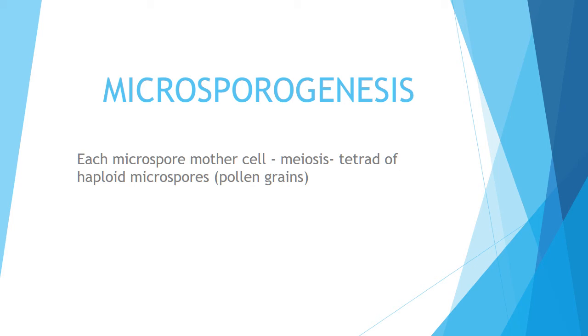Hi students, in the last lecture we have seen the structure of anther. When I was explaining the structure of anther, I told you there are 4 pollen sacs in a dithecous anther. Inside the pollen sacs, sporogenous tissue or microspore mother cells will be there. So from these microspore mother cells the pollen grains will be forming, and that process is known as